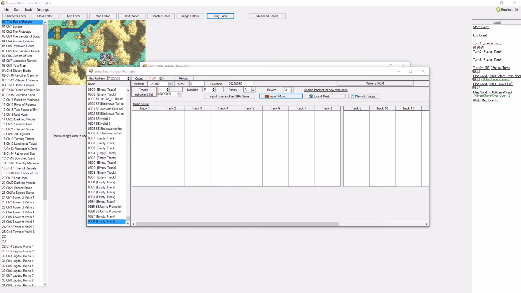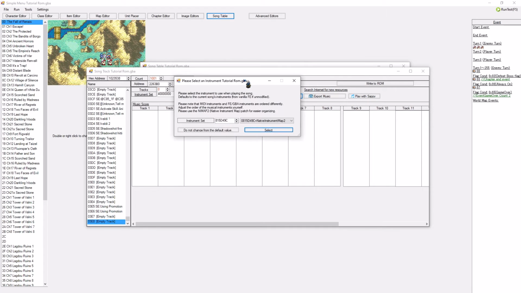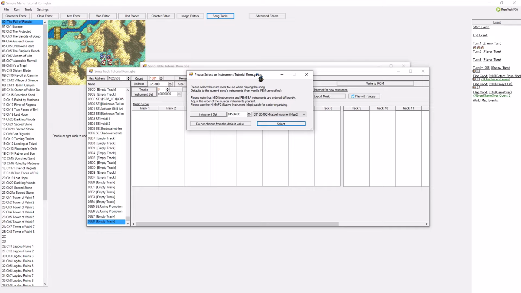Alright, so I'm going to take a look real quick at where exactly that song was at. It should be Fire Emblem, where is it now? Clash of Two Virtues by Sme, it is. And what you will get is this little window asking you what to do. I always tend to set this to NIMAP, Native Instrument Map 2, simply because it will fill in a lot of the blanks